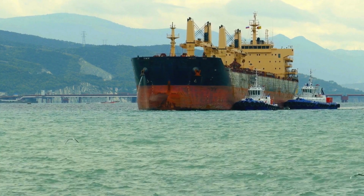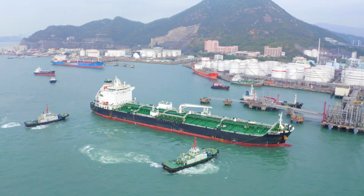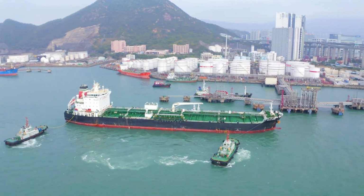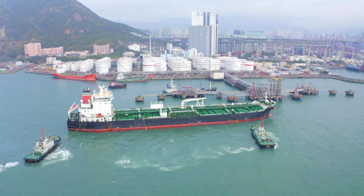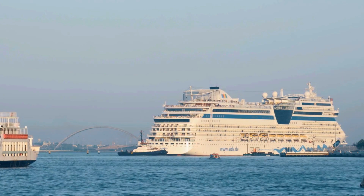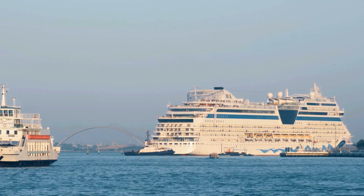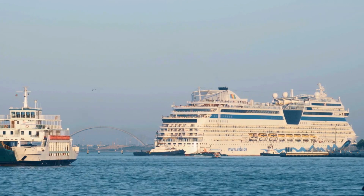Harbor tugs are characterized by their compact size, powerful engines, and exceptional maneuverability, enabling them to perform precise movements in tight spaces. Equipped with advanced towing equipment and fender systems, these tugboats ensure the safe handling of cargo and passenger ships, preventing accidents and facilitating efficient port operations. Harbor tugs are indispensable in modern maritime logistics, playing a crucial role in the smooth functioning of ports around the world. Fourth on the list,